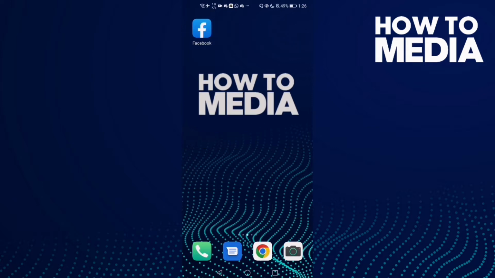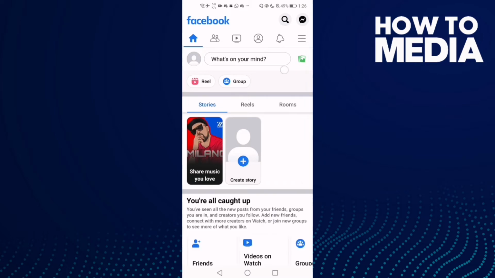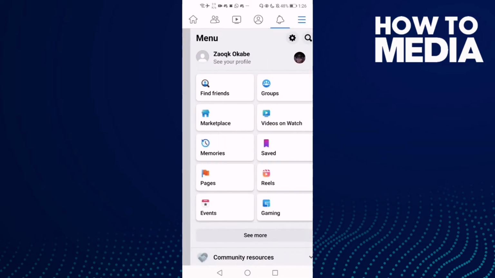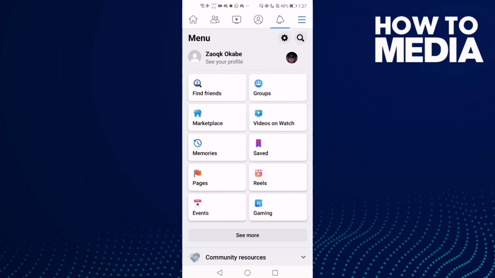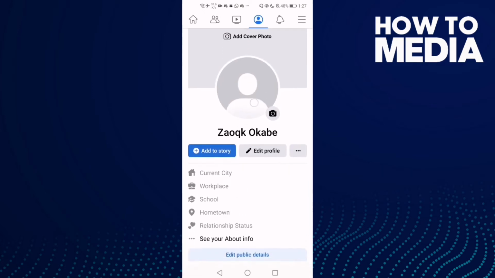First we're gonna do is go to Facebook and then just click this three lines here, and now click on your username, and then all you need to do just click here